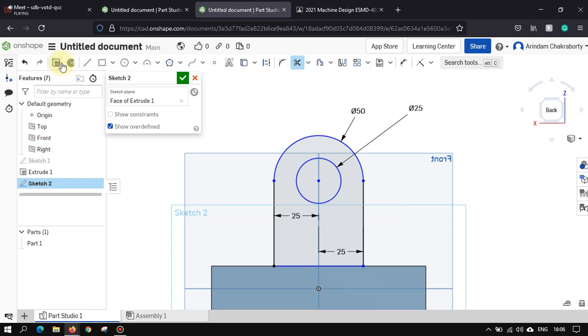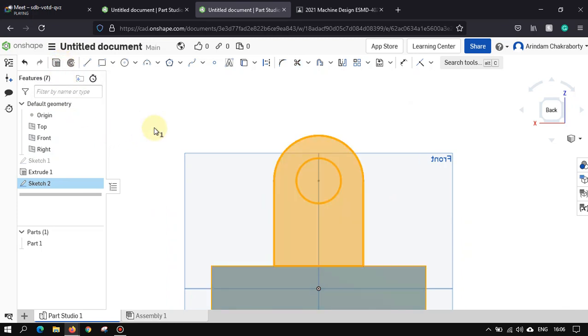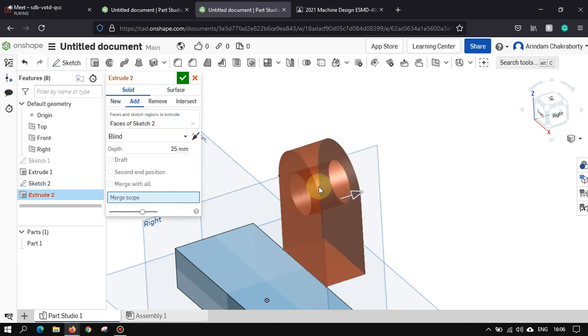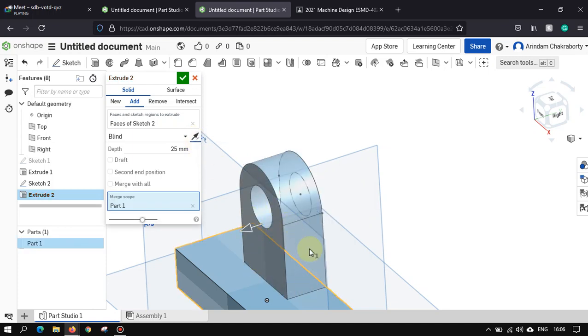You will go for this extrude command. Go click on the extrude. Now it is showing that it is outside. It is showing that it's new. Don't put new. Click on add. And this is also showing red. That means it cannot add because it is getting detached from the main body. You need to reverse the direction. So what you can do, just click on this one, opposite direction. Click on this one, it will fall in this direction.